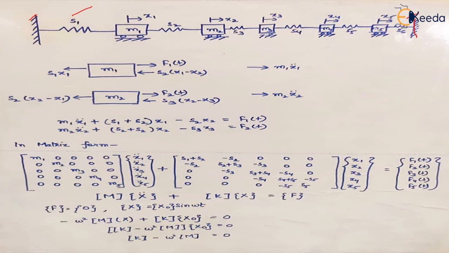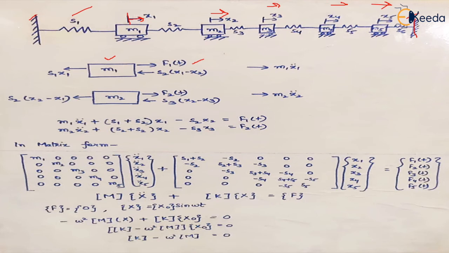So the displacement of mass m1 is x1 in this direction, the same as the direction of its velocity and acceleration. The same is the direction of displacement for all the masses, right? If we draw the free body diagram of mass m1, the force applied is F1(t). If we assume a static force, it will be F1 or F0, whatever the value. And if we assume some dynamic forces, then we may use any harmonic function, maybe sine or cos function,